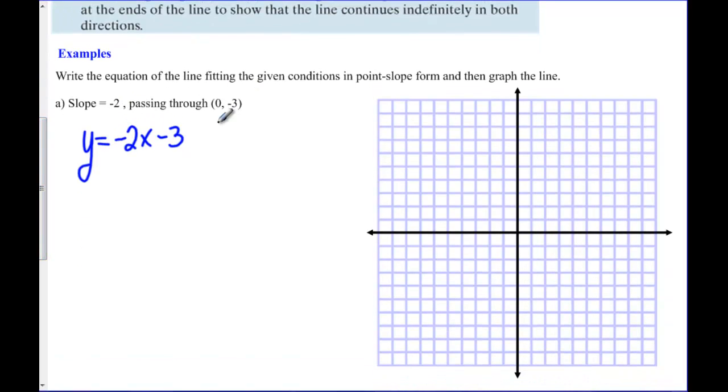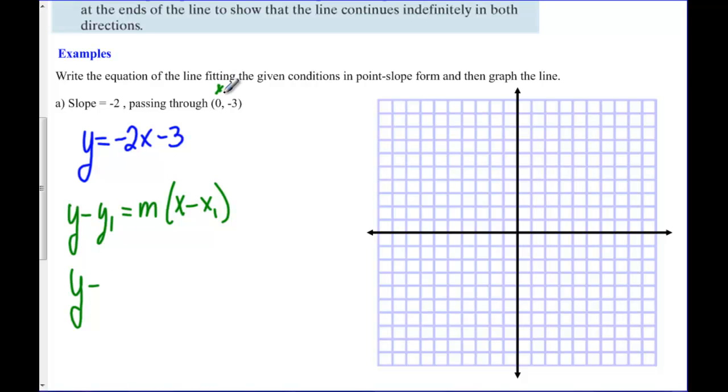If they did not just hand us the y-intercept, another thing we could do is y - y1 = m(x - x1), because from here, we can plug in the point and a slope, and we're good. So we'd have y, and again, this is our (x1, y1). So y minus a -3 equals our slope of -2 times (x - 0). So this will be y + 3